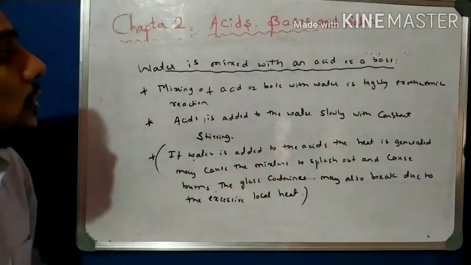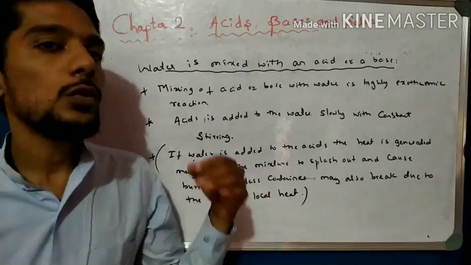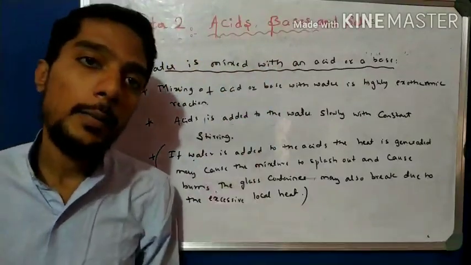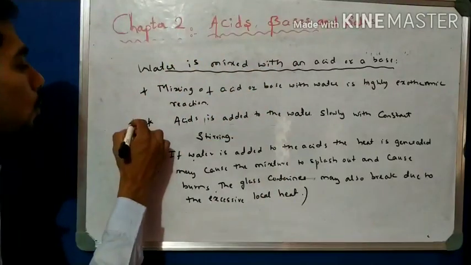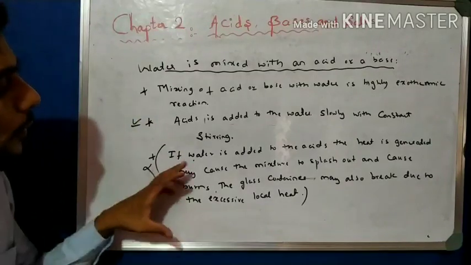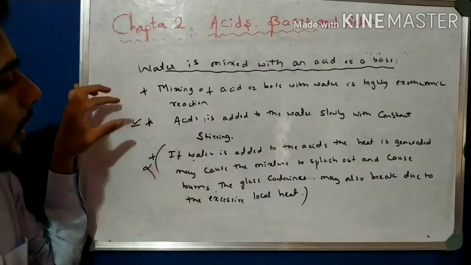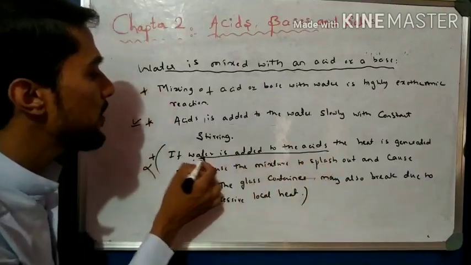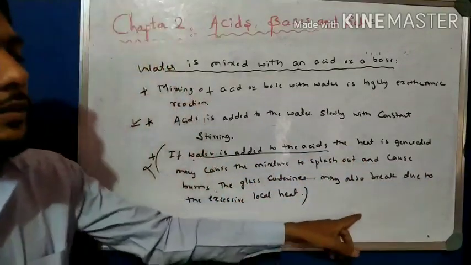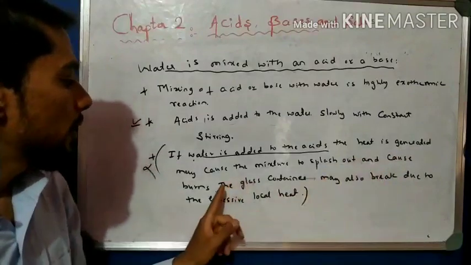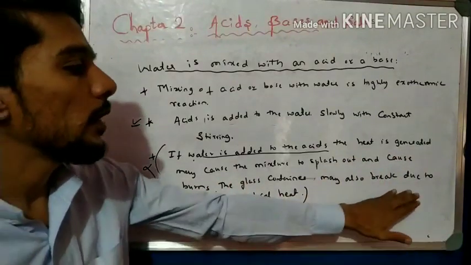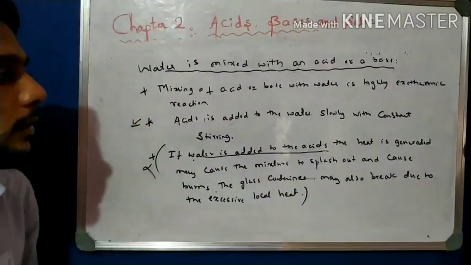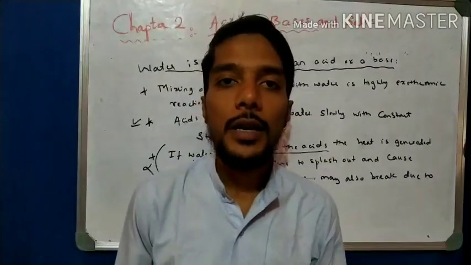That is very important. So this is the method of mixing water with an acid or a base. Write down these very important points. Follow this method, do not follow the other method. Write the reason too. The correct method is to mix acid into water. The wrong method is the other one. Why is it wrong? Because more heat is generated, it can cause burning, and the beaker or container can break due to the excessive local heat. So this is all about the acid base mixing process.